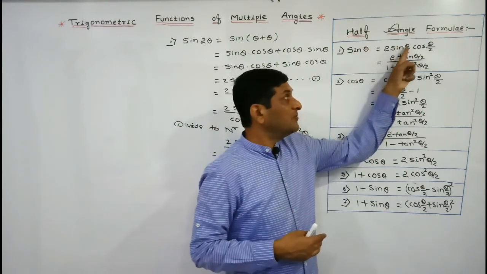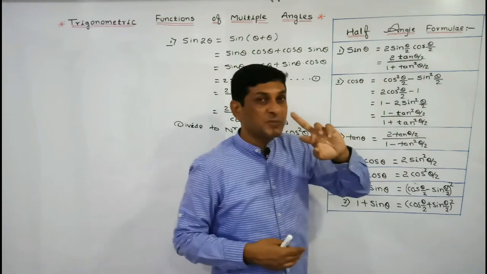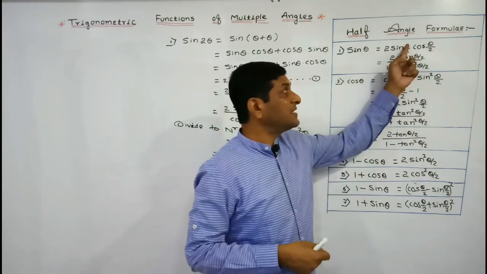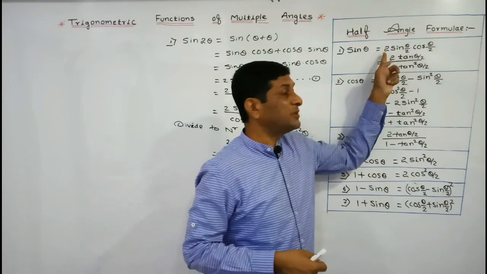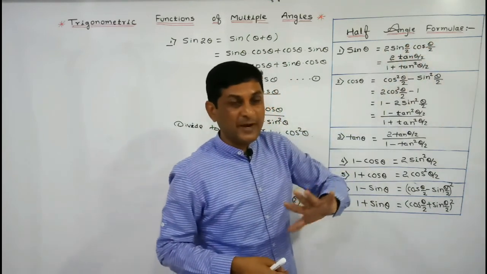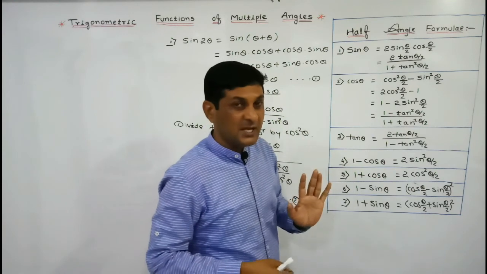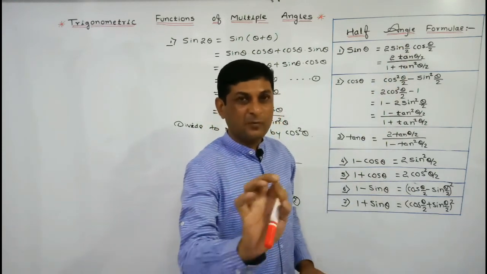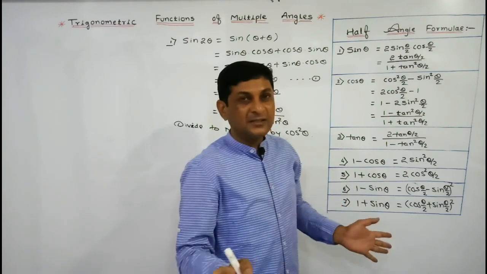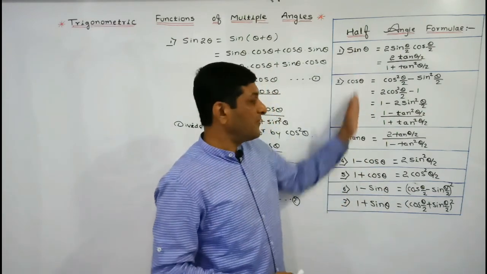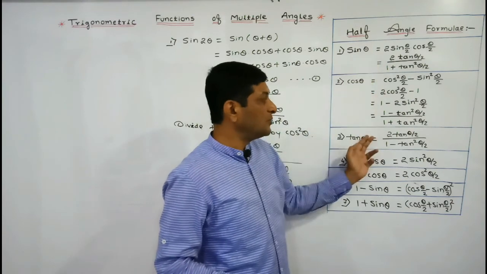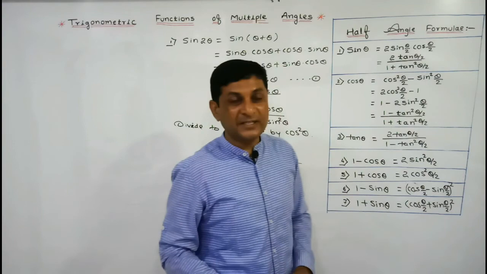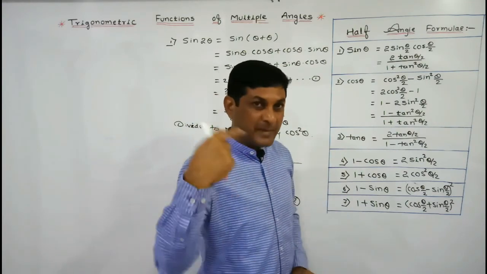And on this side, wherever theta is there, what is the value of sin 2 theta? 2 sin theta into cos theta. But here, what is there in place of theta? Theta by 2 means 2 sin theta by 2 into cos theta by 2, in case of what? Half angle formulas. Means just on the right hand side every theta will get replaced by what? Theta by 2. And in the new list which you are preparing, on the left hand side replace 2 theta by theta, and on the right hand side replace every theta by theta by 2.